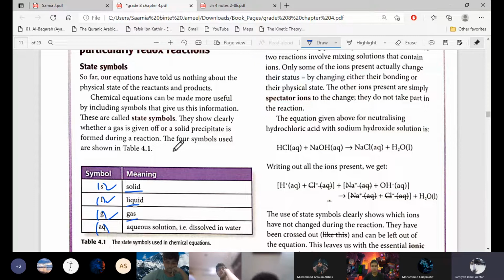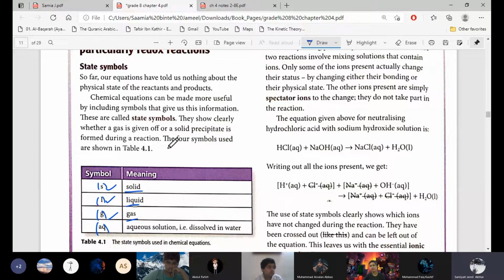In electrolysis you have to write that ions are produced in the aqueous form. So if you are splitting into ions, then you have to write aqueous with it. You have to use the state symbols, and if anything is not splitting into its ions, then you have to write that it is a solid, that is why it is not splitting into ions, or that it is a liquid covalent compound, that's why it is not splitting into ions. So you have to mention the state symbols from now on.